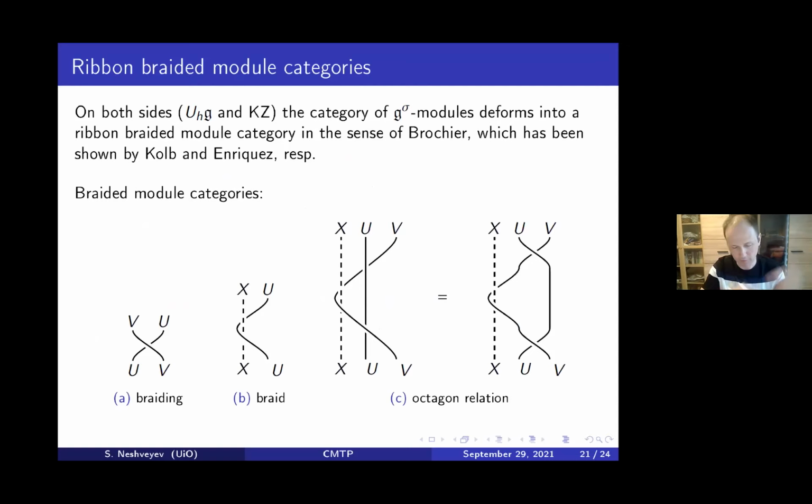So similarly, again, to the original case of Drinfeld, we don't just have a tensor category, we have a braiding of the categories. And here we have additional structure which explains why this type B braid group appears. So you need something corresponding to that braid defining the type B braid group. More precisely, this is a notion which was introduced by Brochier a few years ago, as follows. So what is a ribbon braided modular category?